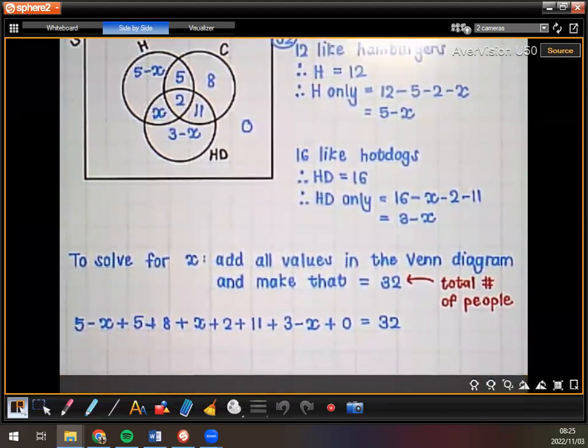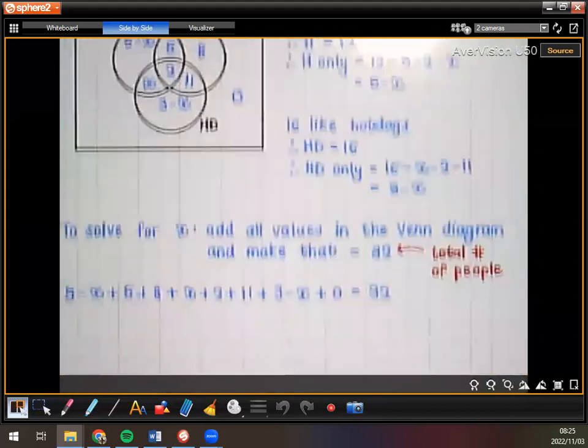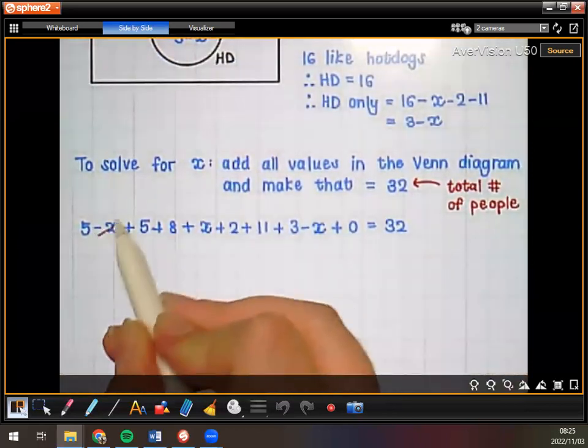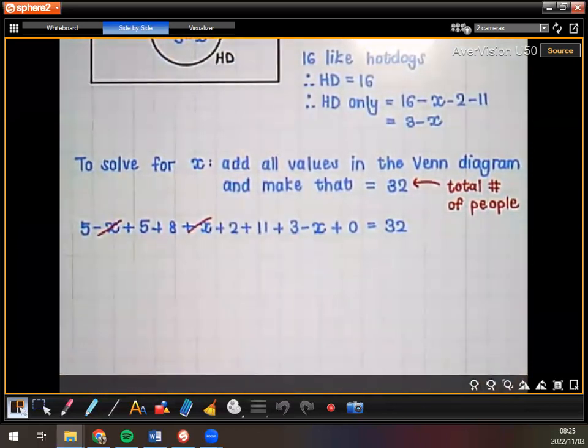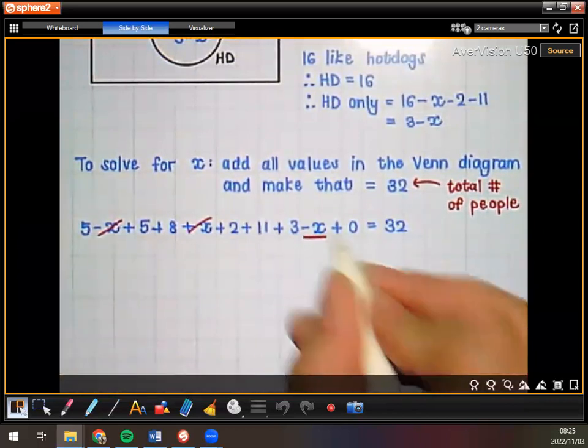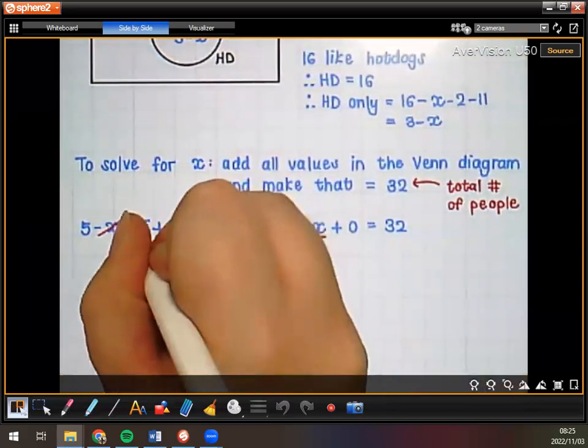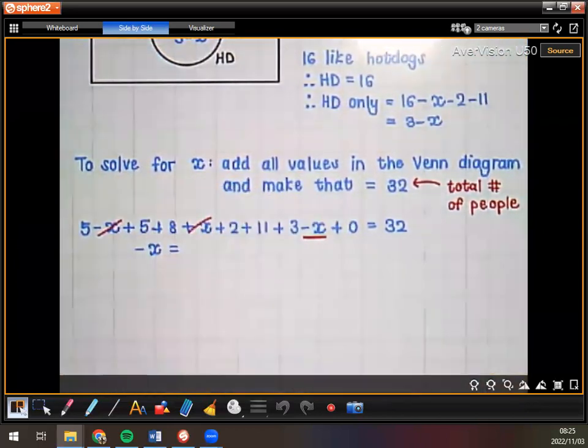Now this is an equation with lots of numbers, but it's actually quite an easy equation to solve. If we're looking at our x's, some of them do cancel out, right? There we have a minus x plus x. That's 0. Okay, I'm left with 1 negative x. All the numbers I'm going to take to the other side, but minus all of them from 32. Okay, so on this side, you're left with negative x equal to,